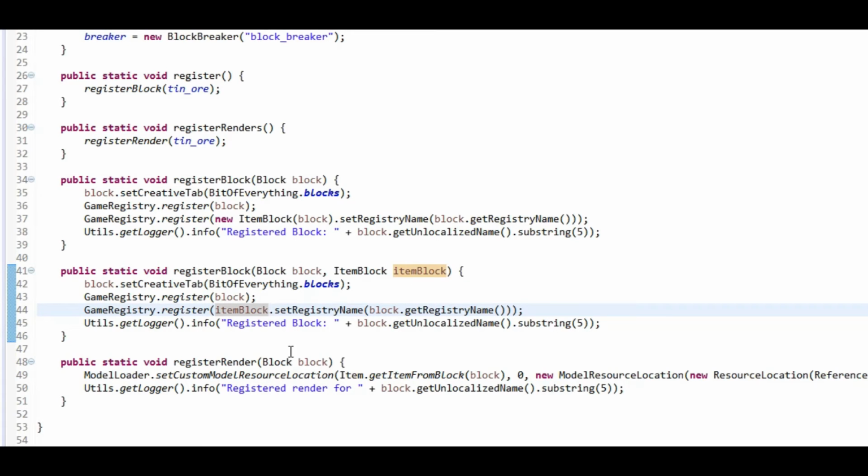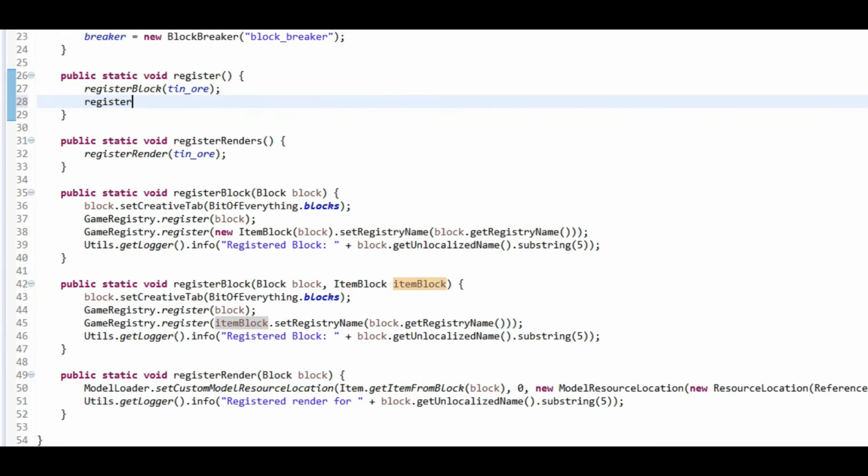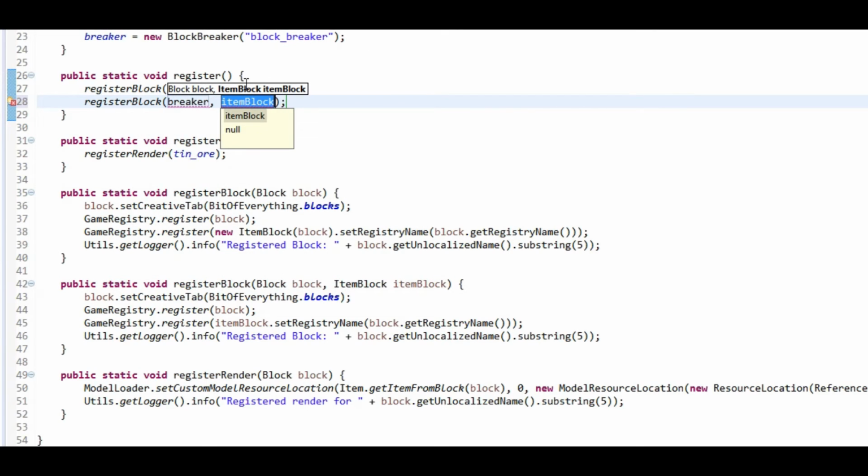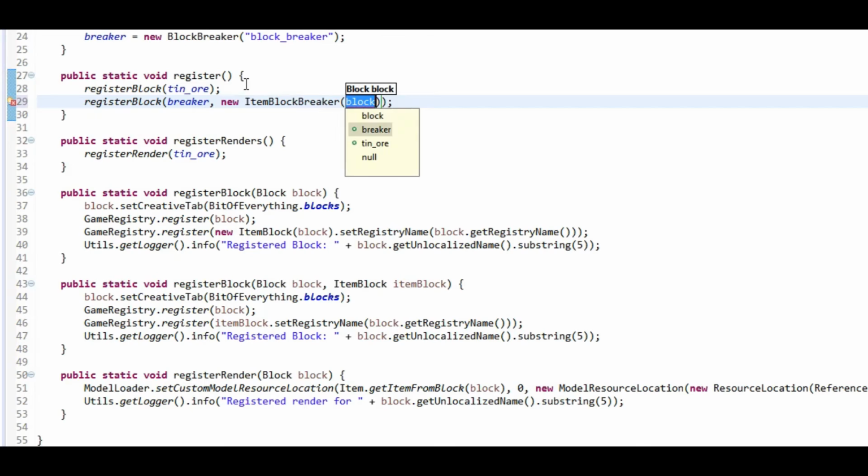Just slot that in there, which will just set the registry name appropriately. And then we need to do register block as the second one. So breaker, now the item block is a new item block breaker, and we put in our breaker here,